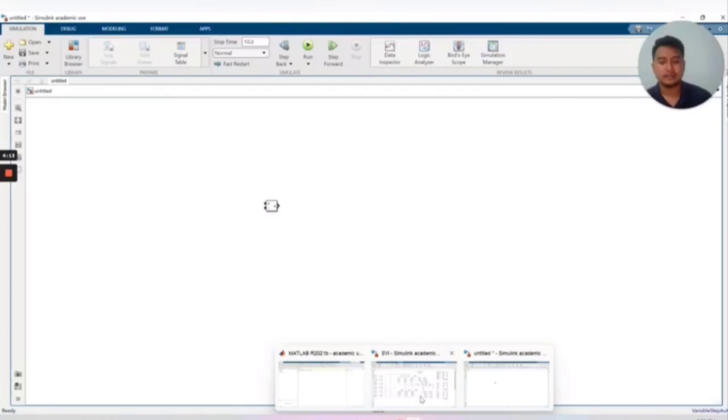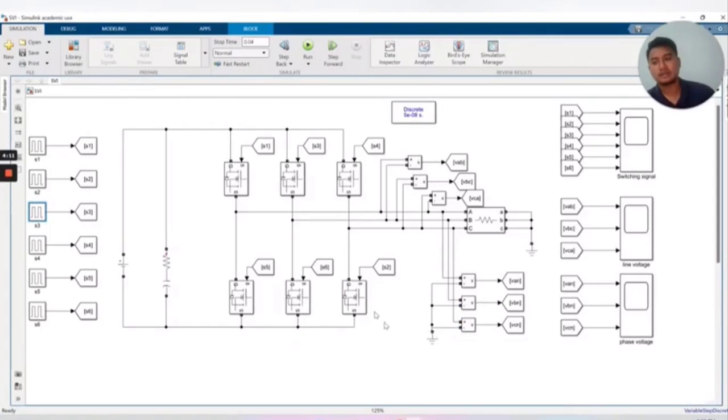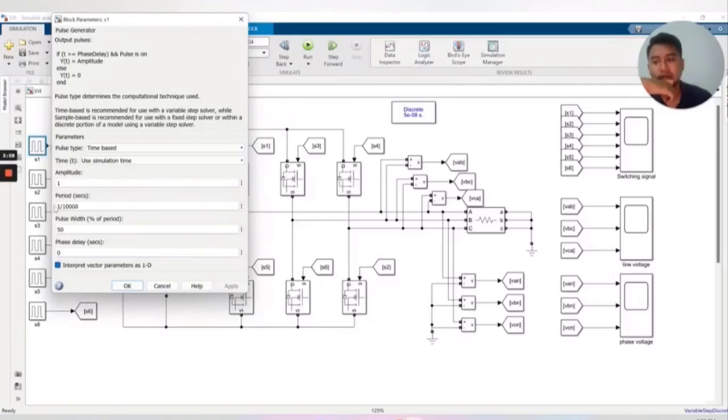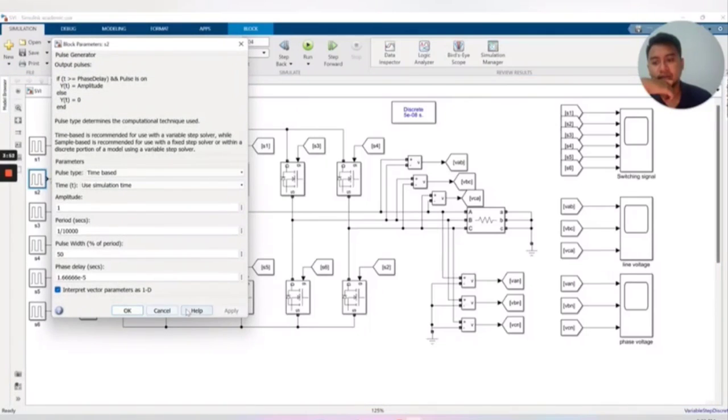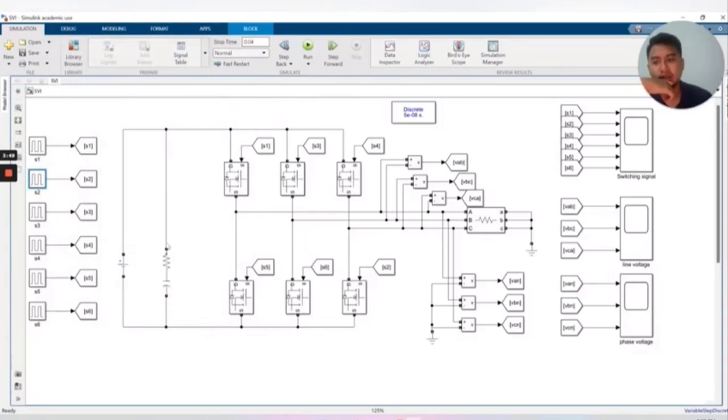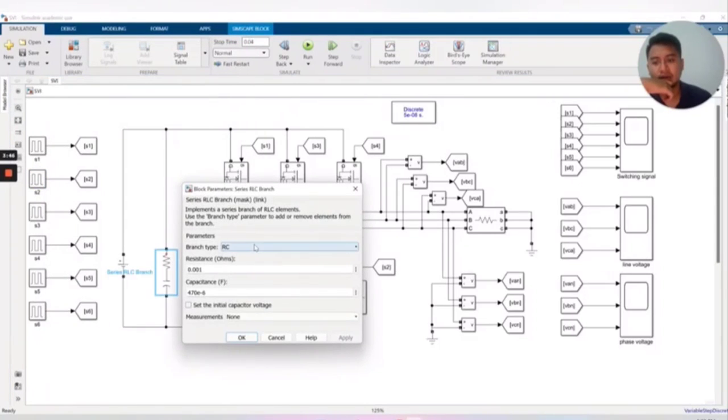After that, simply rearrange the components and change all the values based on the question, like period, pulse, and phase delay. Change it based on the question, and with RC with